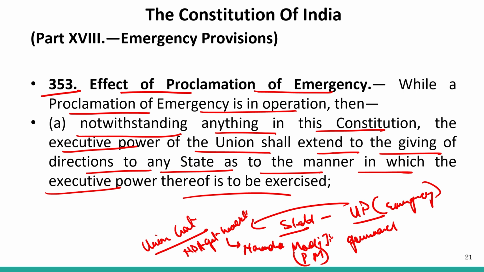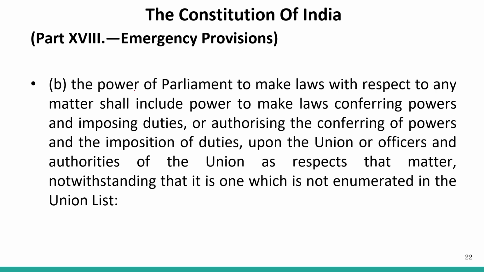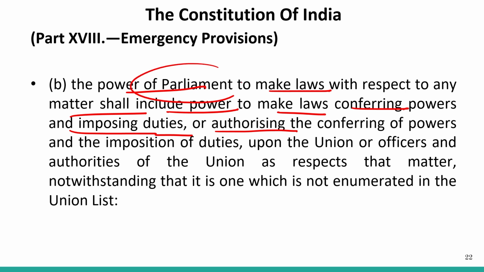So if the state government is not functioning, then the central government, the union government, the cabinet, the executive powers of the union shall extend to giving directions to any state as to the matter in which the executive power thereof has to be exercised. The power of the parliament to make laws with respect to any matter shall include powers to make laws conferring powers and imposing duties and authorities. So all these powers shall be vested in the hands of the parliament, and the parliament is going to decide